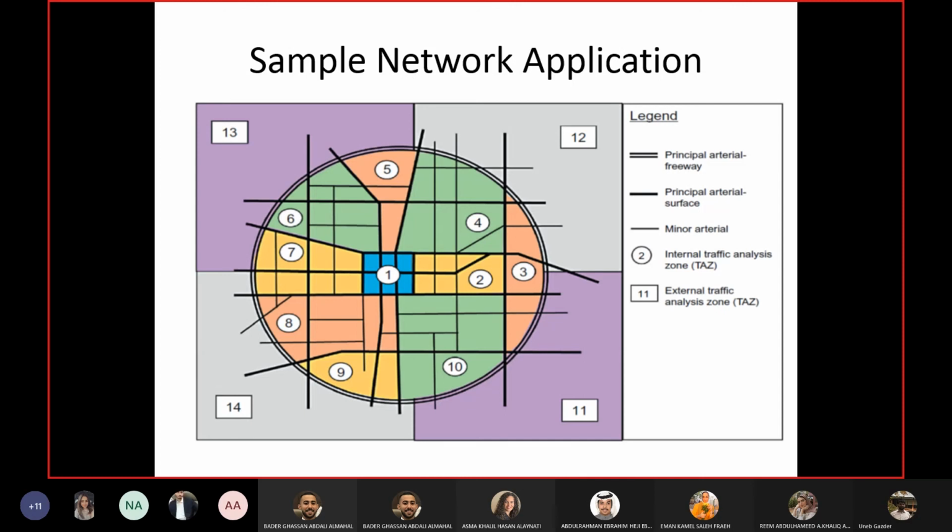It will not add anything to your analysis. So this is the type of map you will see even in the remaining steps. You will see this type of map.